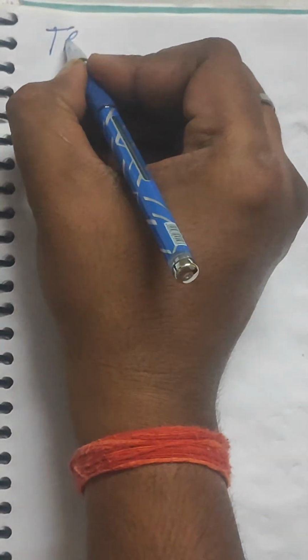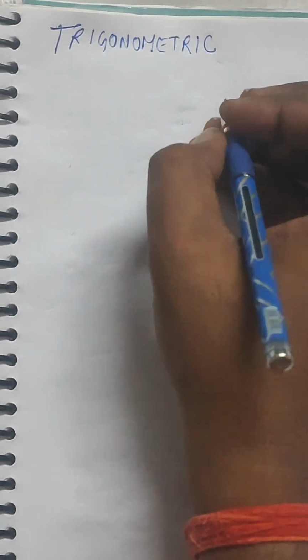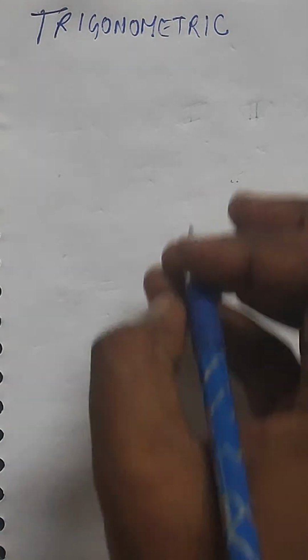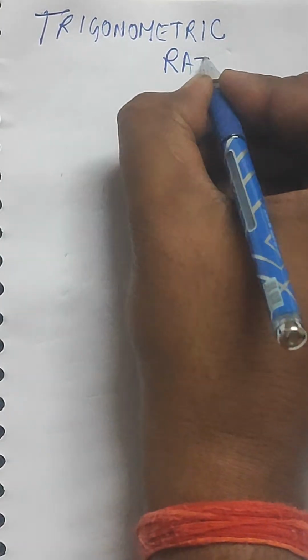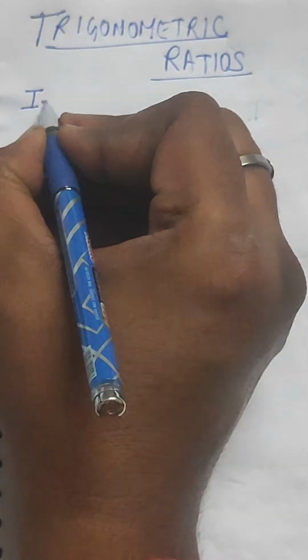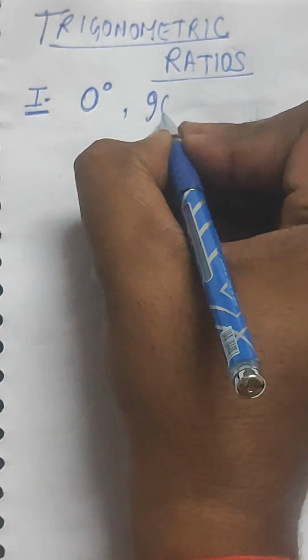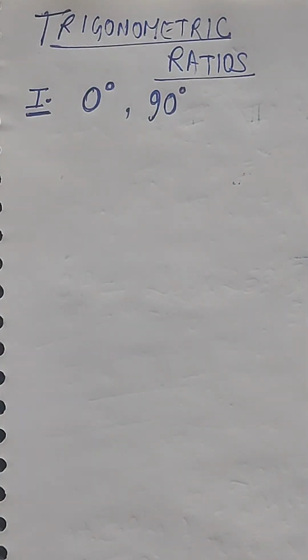So first of all, for the trigonometric ratios of 0 and 90 degree, we see how the different values are coming. First of all, in the first case, we will find how the values are derived for 0 degree and 90 degree, right? So students, in this case, let us say